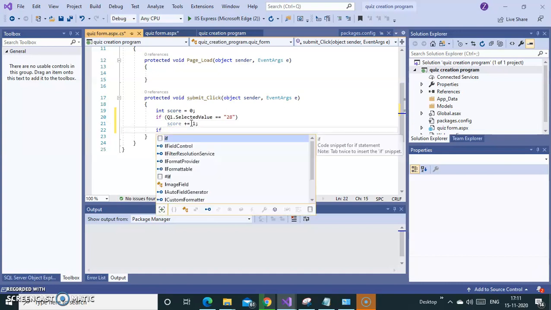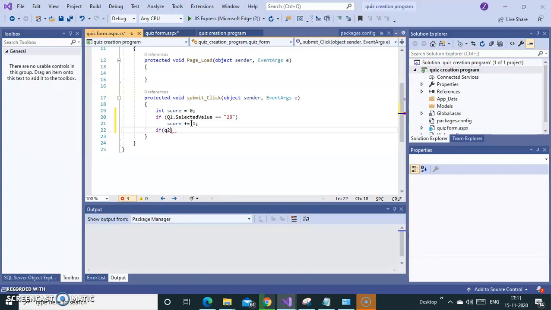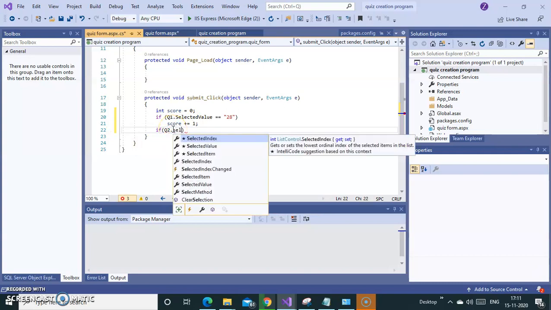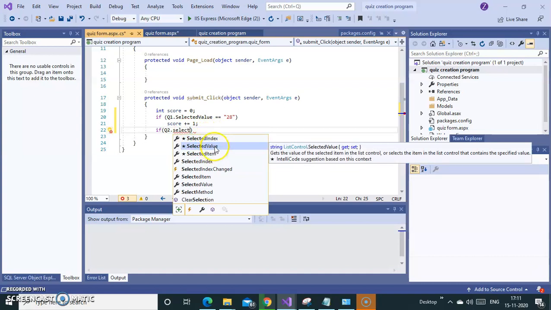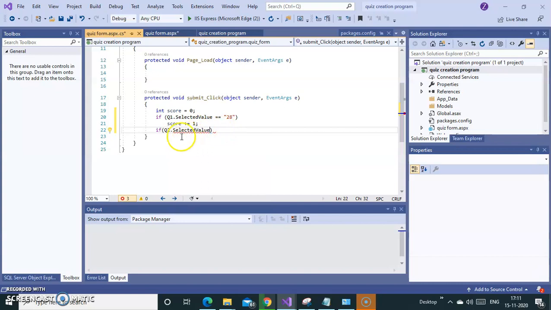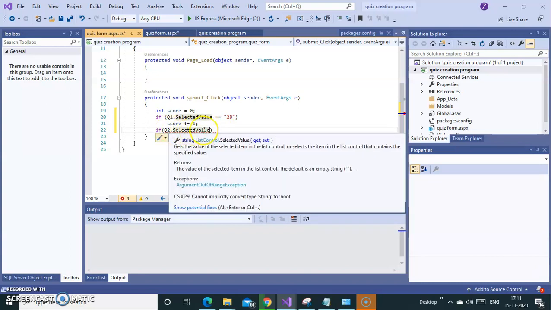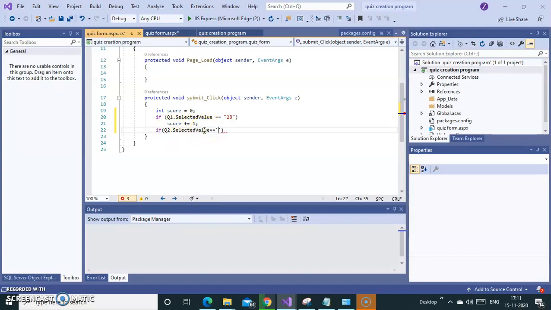Then if my question 2 dot selected value, so q2 it will display from the list, capital Q2. Just double click, it will come on the screen. q2 dot selected value. You need to click here on selected value. Sometimes it will not get highlighted. You need to first give a single click, then it will get highlighted, then double click it. If question 2 dot selected value equals